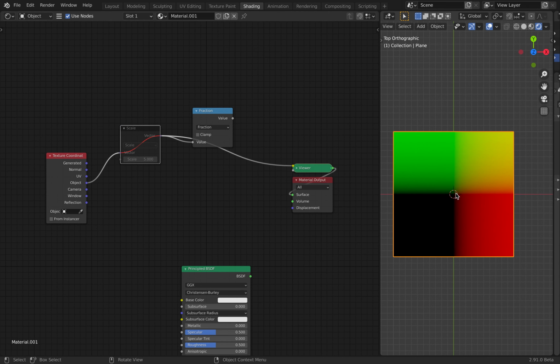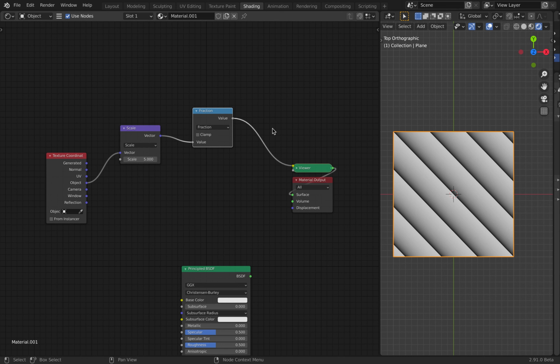So if we had 0 through 1 here, so here is 0 and this is 1, what we've done is we've divided that into 5 segments. So we've made it as 0, 1, then 2, 3, 4, 5. That's what the scale node does.